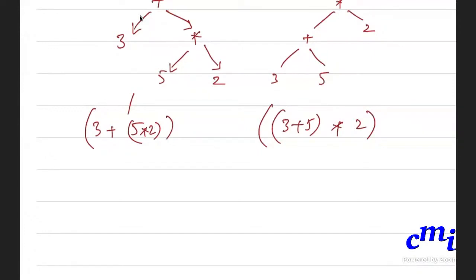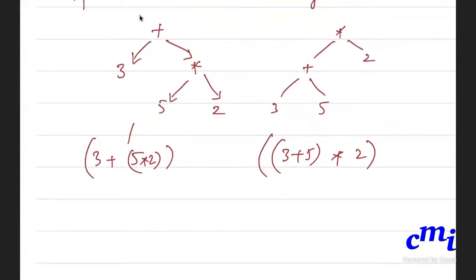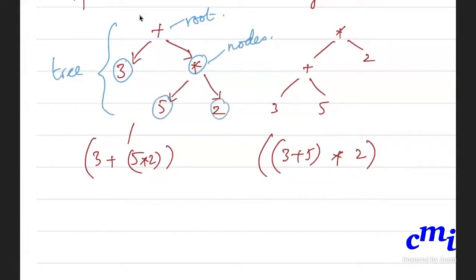So you can either use parentheses to denote the structure, or if you want to be more explicit, you can write it in this tree form. These are called trees because it's like a tree inverted. A tree will have a root and then it will branch off. In computer science, usually you write the tree with the root at the very top. This is the root. This whole thing is a tree. These are all branches, but in computer science you typically call these things nodes, and there are nodes which do not branch off after that. Those are called leaves.